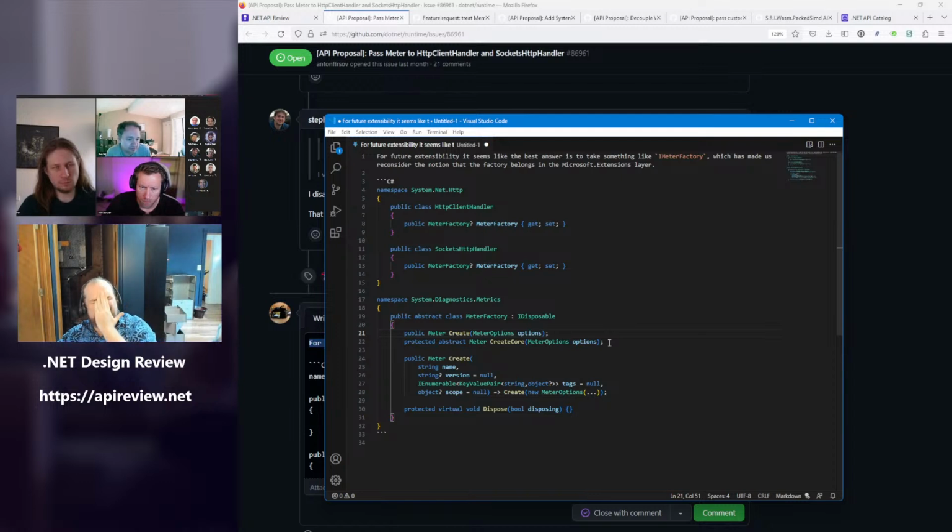Yeah, so pragmatically, I don't think David or James are going to support this as this shape of an abstract class, at least. But what do you think would be wrong with it? The complexity. There's no complexity. If you're implementing it, you implement create core. That's it. Okay. I mean, I'm just calling that out. Implementing it is in fact easier than the interface because you don't have to deal with dispose.